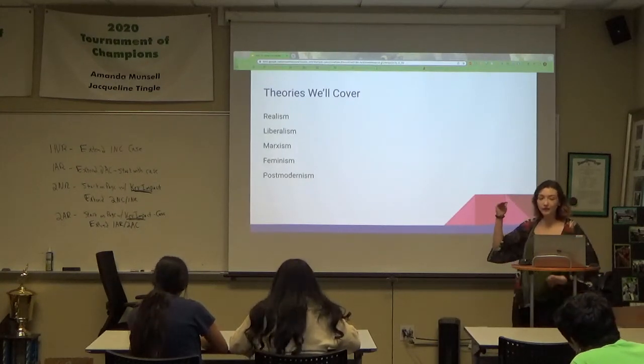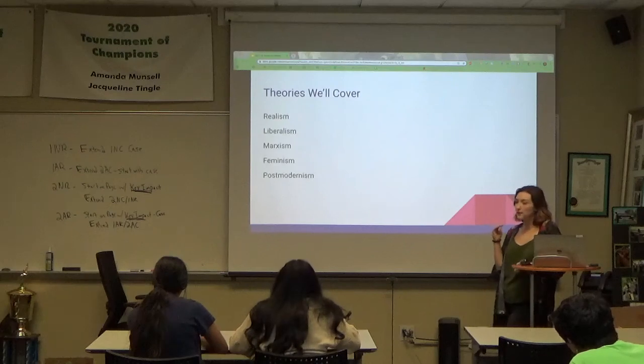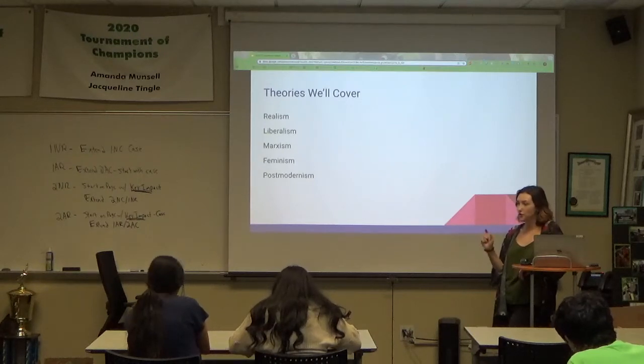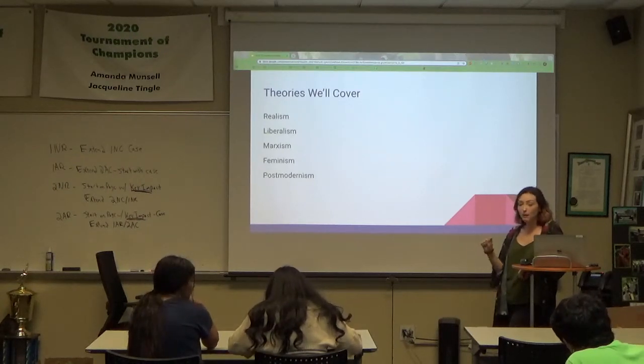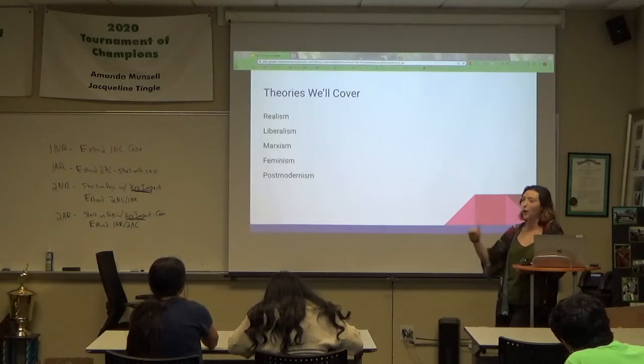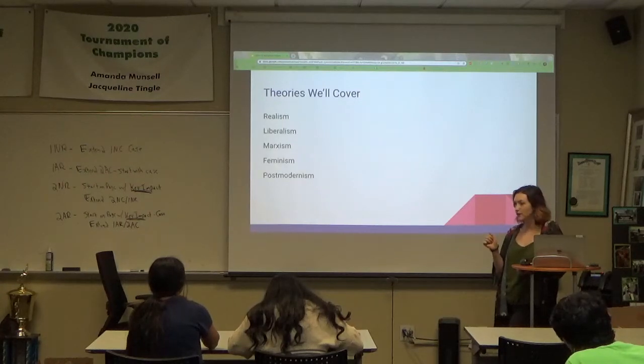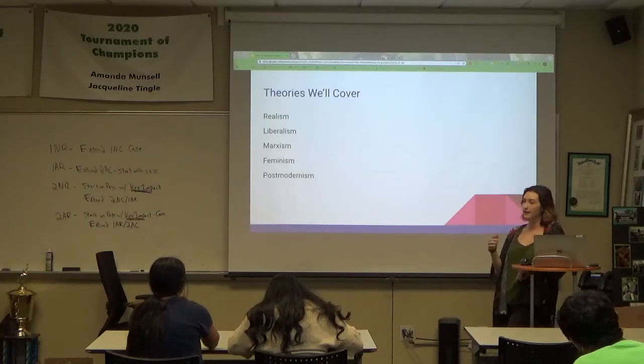So we will cover realism and liberalism. We'll cover Marxism kind of briefly just because we've talked so much about Marxism with this group already. So we'll just do some reminders, how does this apply to international relations, that kind of stuff. We'll then talk about feminism and queer theory. We'll talk about them together because queer theory is an offshoot of feminism and holds a lot of the same assumptions that a lot of more radical feminists hold. And then, instead of postmodernism, what we'll probably do is security studies specifically, just because the security K is going to be the K next year.